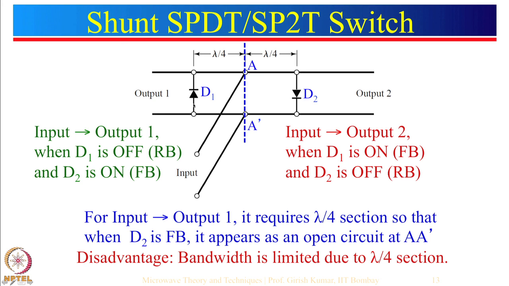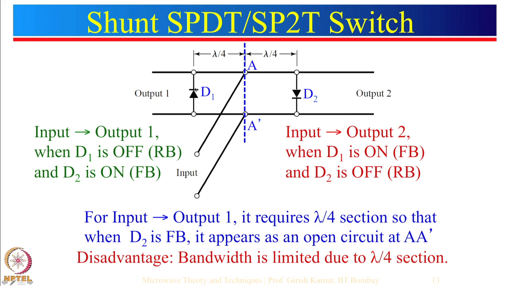When D1 is forward bias, that means it is short circuited, then impedance looking along AA dash will be open circuit corresponding to D1. So, D1 is shorted, this will act as an open circuit. So, there will be no loading on this side, and D2 is off. So, that means input from here will go to output 2,